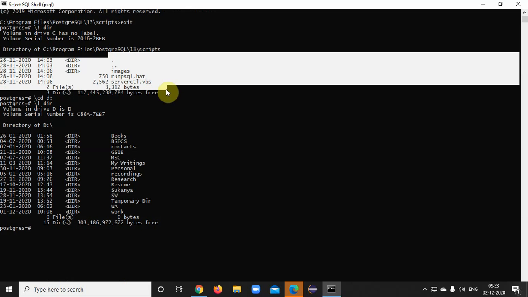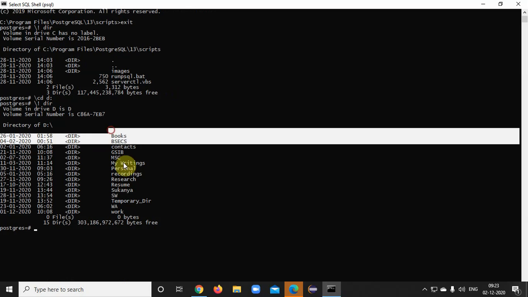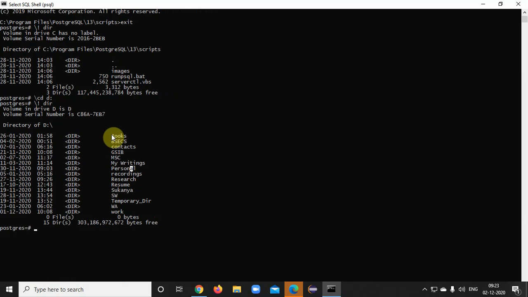So these are the ingredients of my earlier partition, the file system or the drive, and these are the ingredients of the present drive. And here it will show you the directory of D. Earlier it was C. So this way we can navigate to and fro between the folders inside the operating system. And say I want to go to a particular folder called work. So now I'll do the same thing, cd work. Okay, and now same command inside cd work, I have another folder,